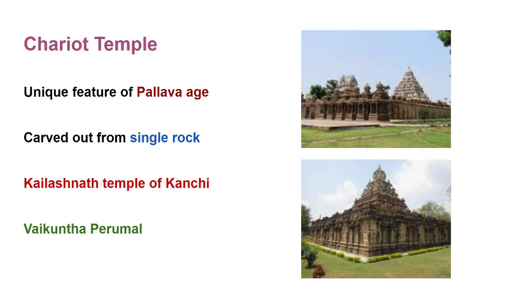So the chariot was usually made of wood and the wheels had 8 spokes and tires were made of bronze or iron. Kanchipuram was the capital of Pallava dynasty and Kailashnath temple was built by the ruler Raja Simha,